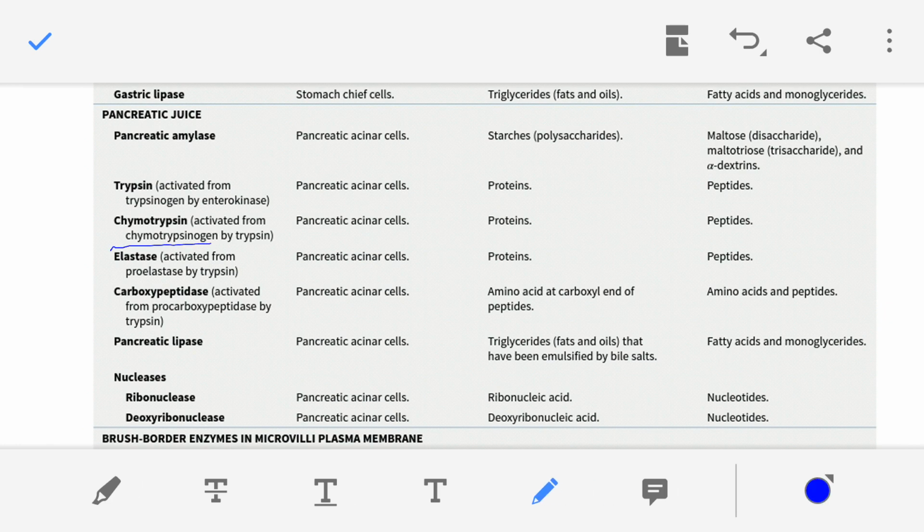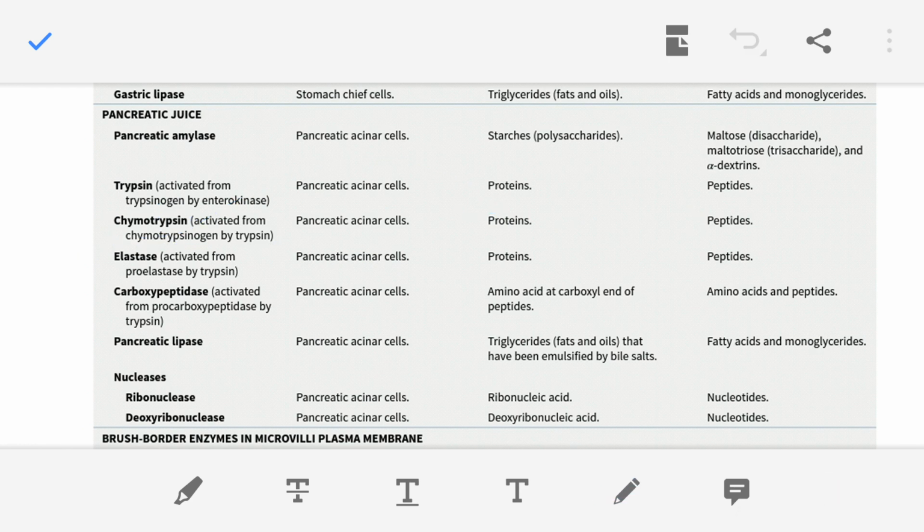Chymotrypsinogen is activated by trypsin. So the active form is chymotrypsin. Chymotrypsin acts on protein, digests the protein. Proteins are converted into peptides. Then